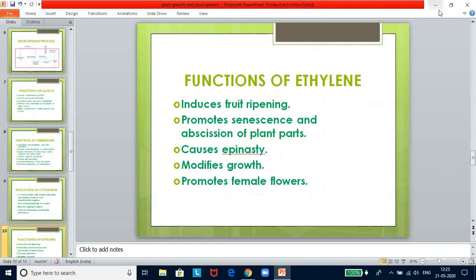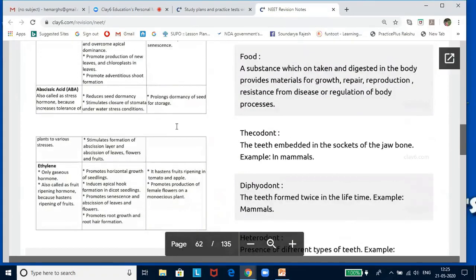Now, the last one we have to know is abscisic acid. In the quest for naturally occurring substances that were responsible for bud dormancy and leaf abscission, plant physiologists discovered a growth regulator in the mid 1960s, and this one was called abscisic acid. Abscisic acid is a naturally occurring growth inhibitor. Now, what are the functions of abscisic acid?